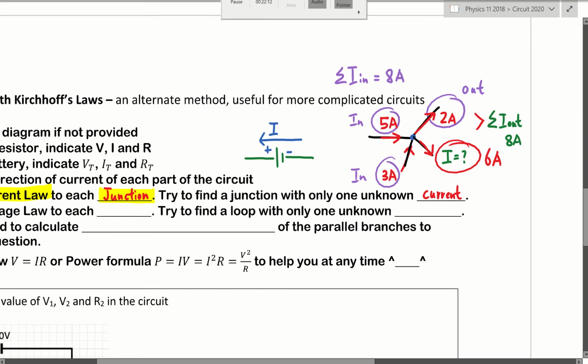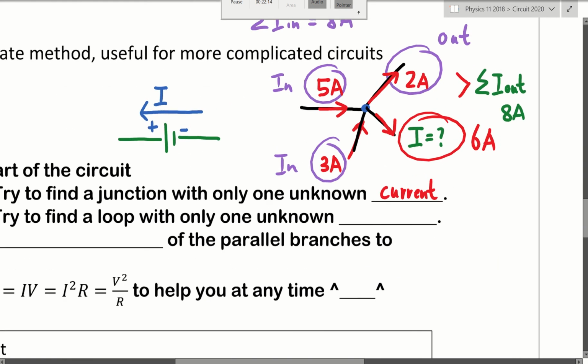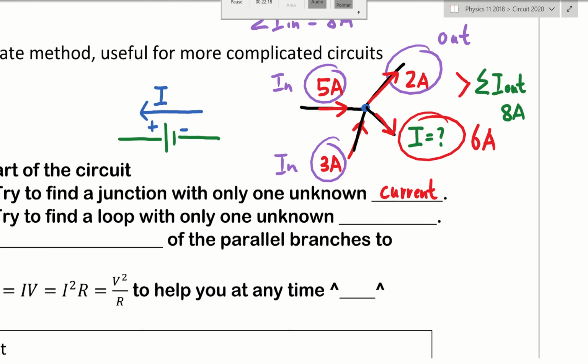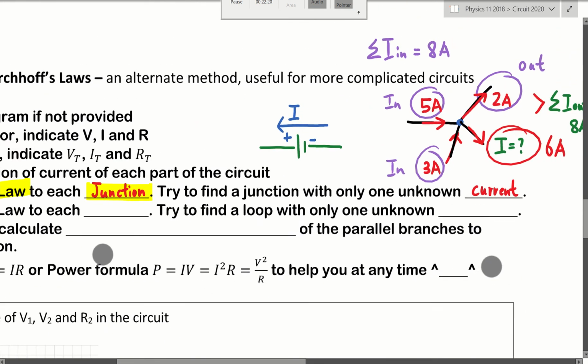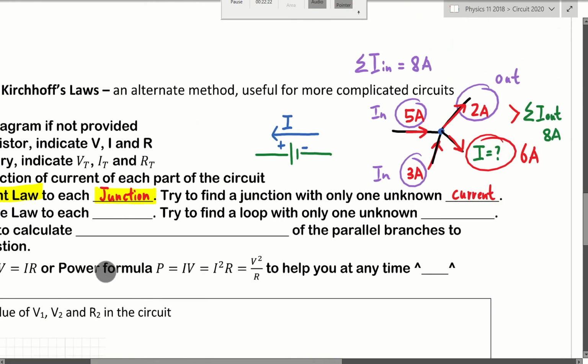And you might be able to find a corner that only has one unknown current. Then you can use the other current to actually figure out what that unknown current is. Okay, so now, what if you don't have a location with one unknown current? Then you actually do